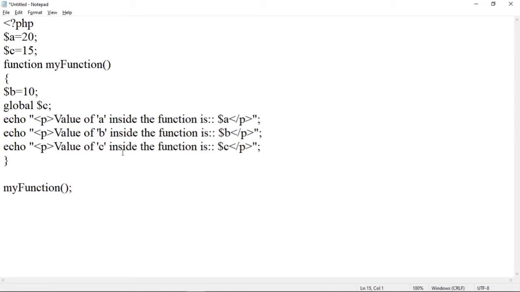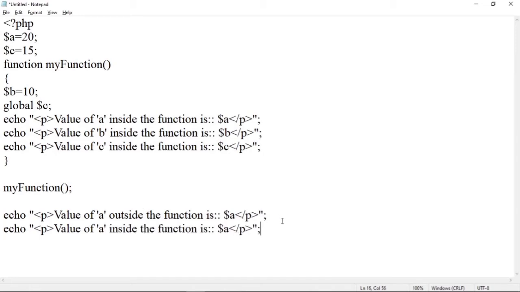Now to print the values that are outside of the function, let us add a statement again. Value of a outside the function is $a. After that, value of b outside the function is, and here the value should be $b.